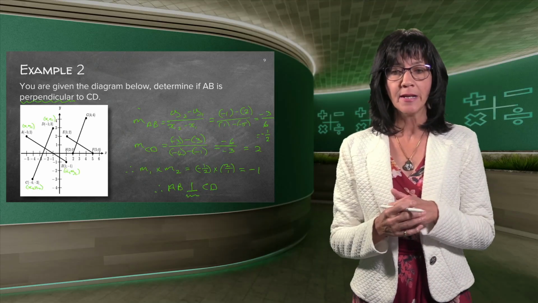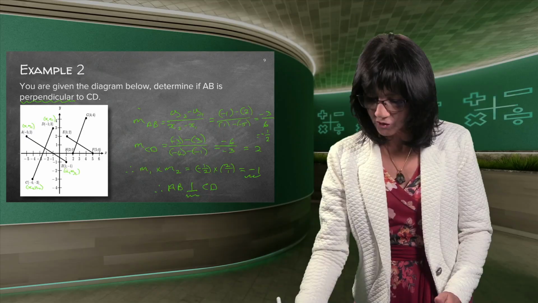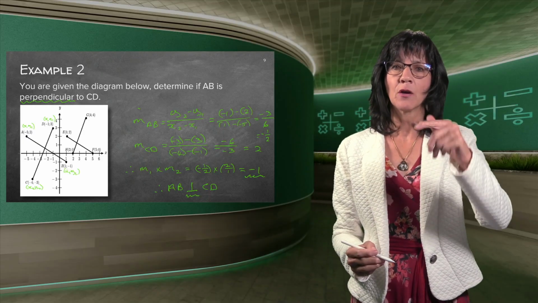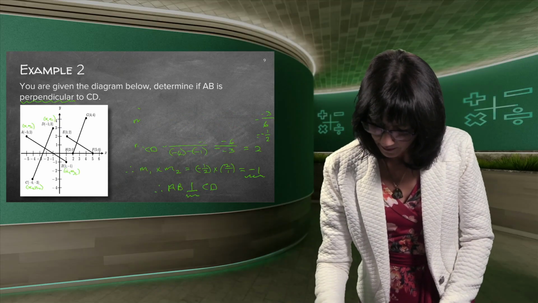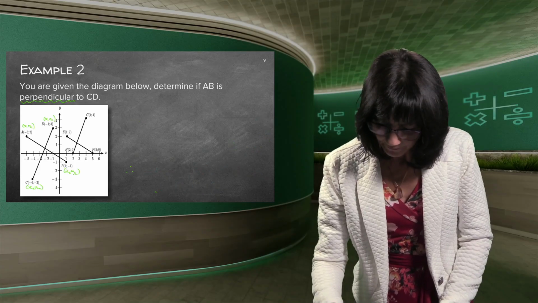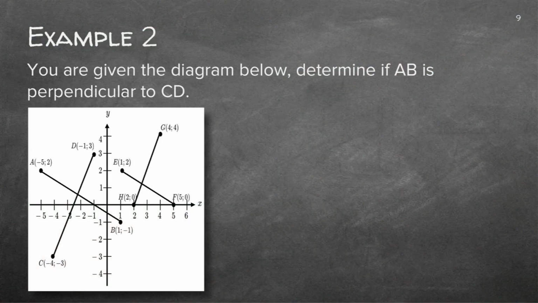And how did I prove that? I worked out both gradients and I checked my formula. Just make very sure that you do not just write down the formula. That little writing down you do on your question paper. Good. So you're going to redo this on your own. Make sure you can do it. Let's just take all of this off. I'll just write this down. Your question mark is that M1 times M2 must be equal to minus 1. Just be very careful if you write that down, or rather write it on your question sheet. Or write a big question mark next to it so that the teacher knows you are going to try and prove that.